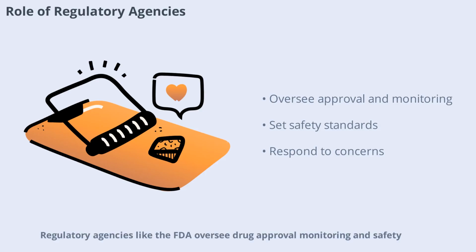Regulatory agencies like the FDA oversee drug approval, monitoring, and safety. They evaluate clinical trial data, set standards, and respond to safety concerns. These agencies play a vital role in ensuring that only safe and effective drugs reach the market and remain available